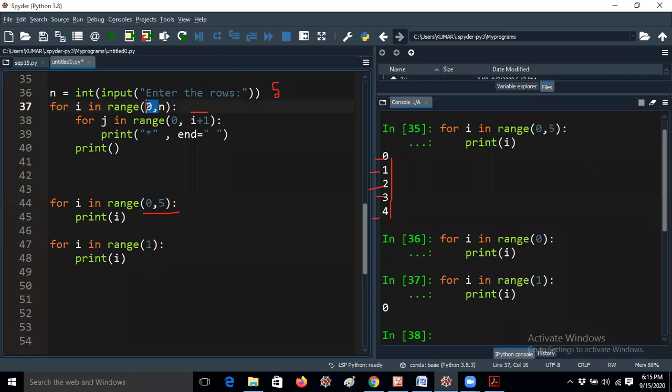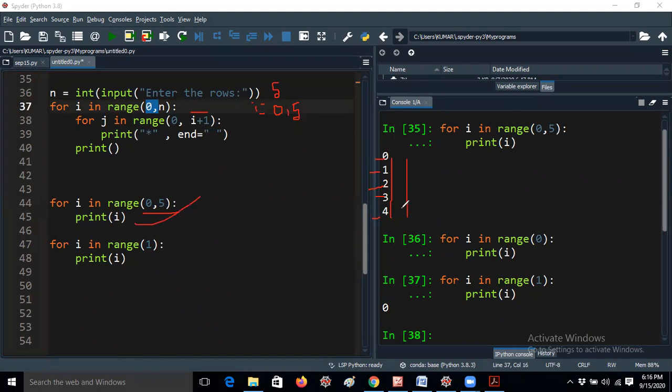Let me write here. The i value will start from 0 to 5, which means it will take 0 to 4 only according to this condition.